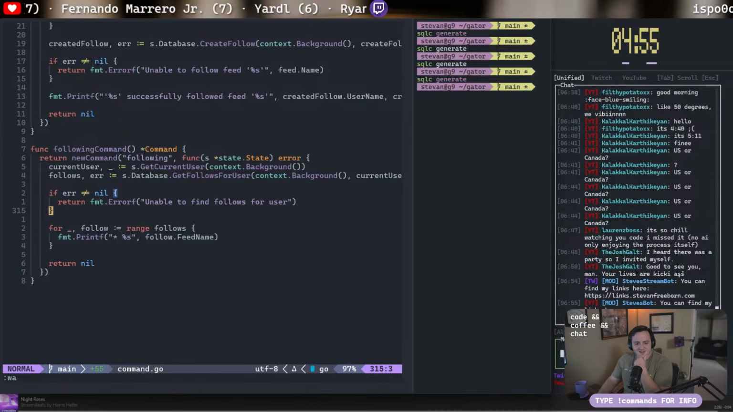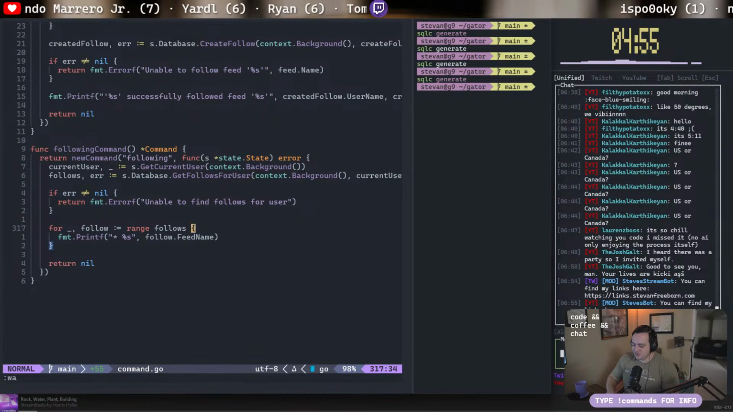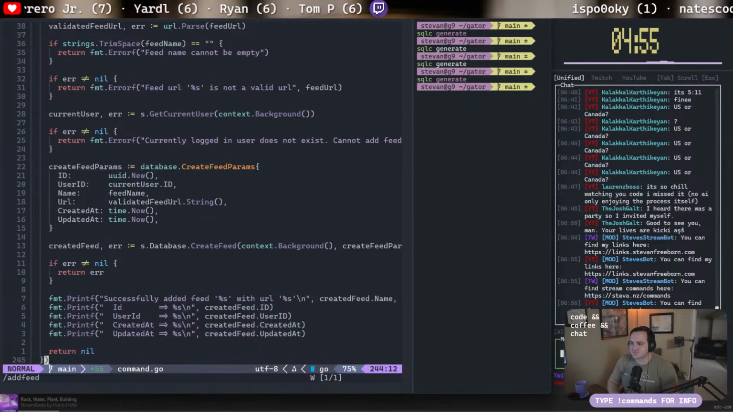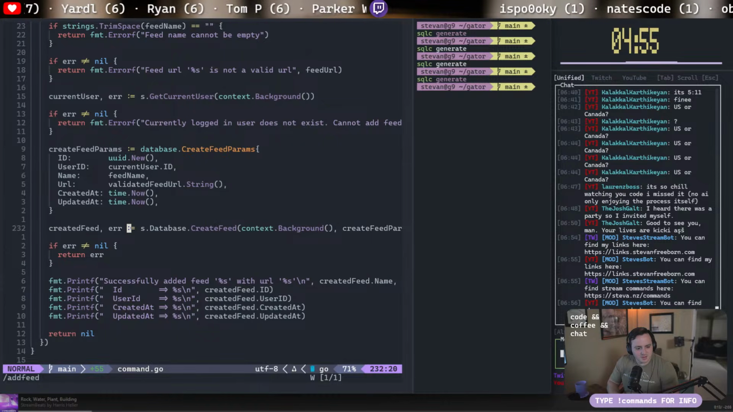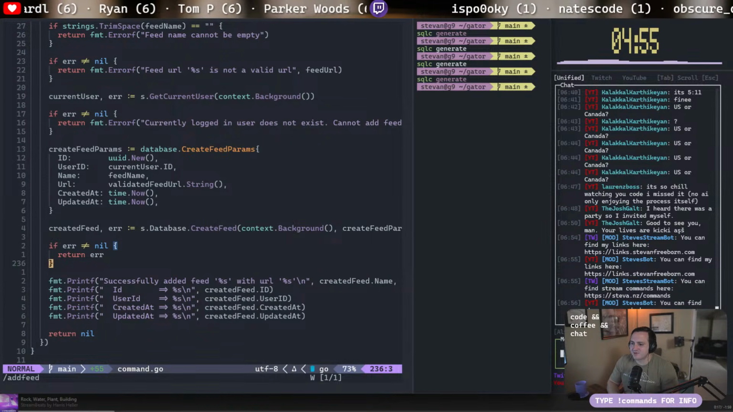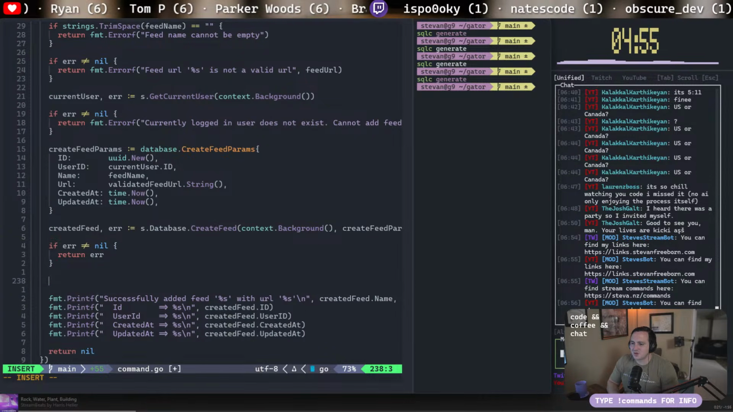Enhance the add feed command. It should now automatically create a feed follow record for the current user when they add a feed. So add feed command. So we create the feed. And then we should also make sure after we create the feed, we also do